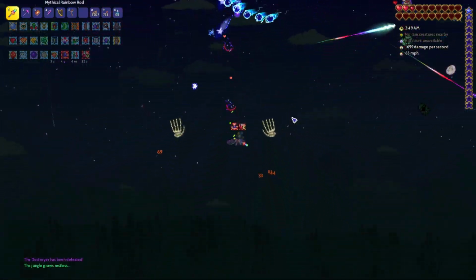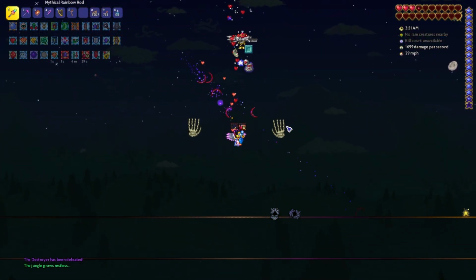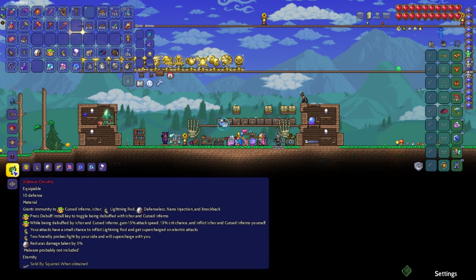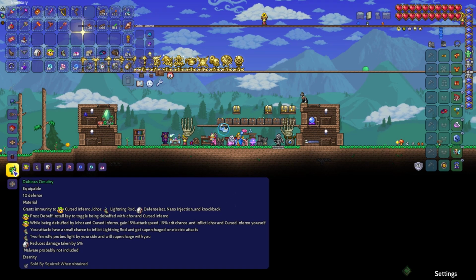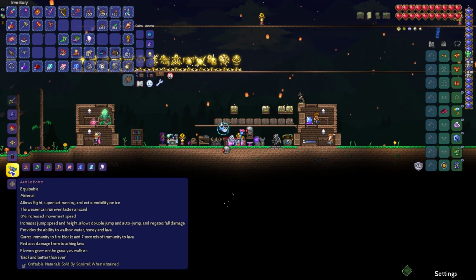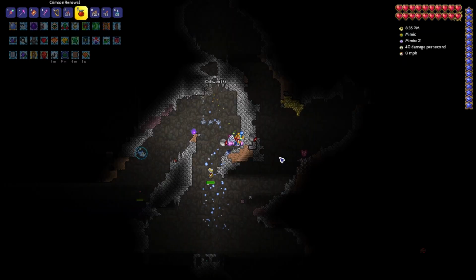Finally, all 3 mechs defeated, a process that took a bit too much but worth the wait. Dubious Circuitry, another accessory which is a combination of accessories dropped by bosses, another accessory where I'm too lazy to read the tooltip. Next up, Aerolus Boots, the equivalent for the Angel Threads from Calamity,